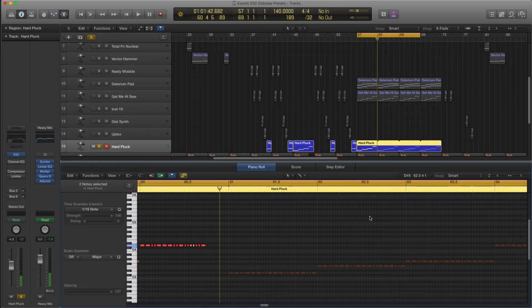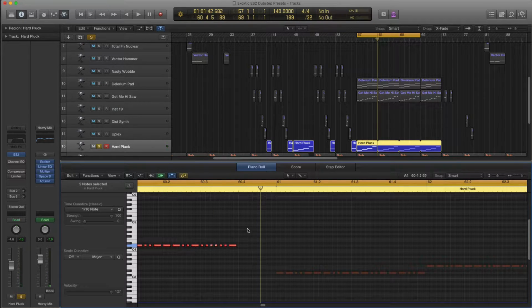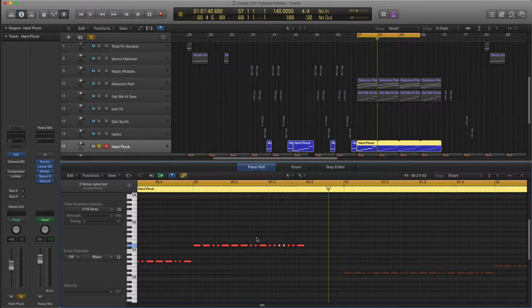All right, so what's it look like in the MIDI file? And all I'm doing is just doing this dot, dot, dot, dot, dot, dot, kind of like a Morse code pattern. That's all I'm doing in the MIDI. And when we add the compression, limiter, and some, what we got here? Delay,